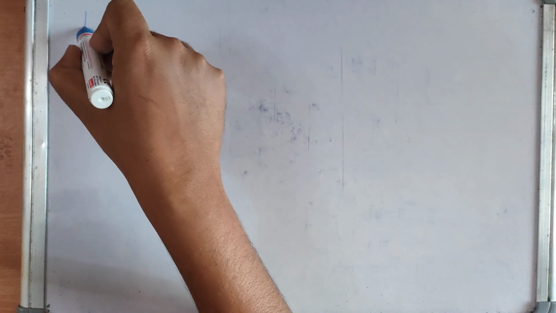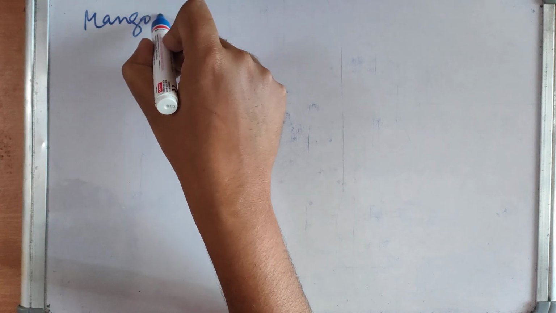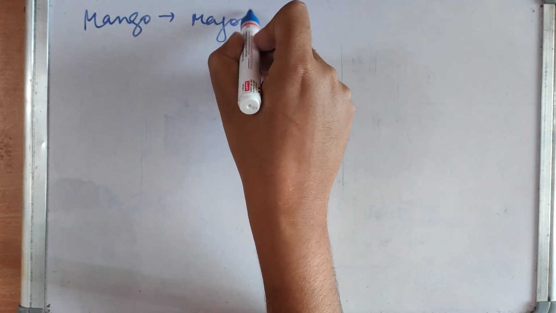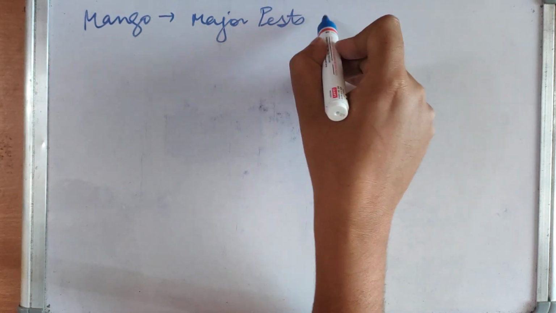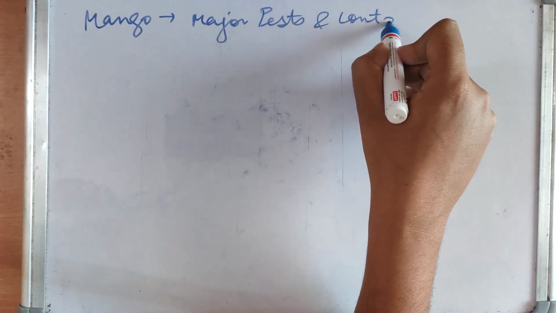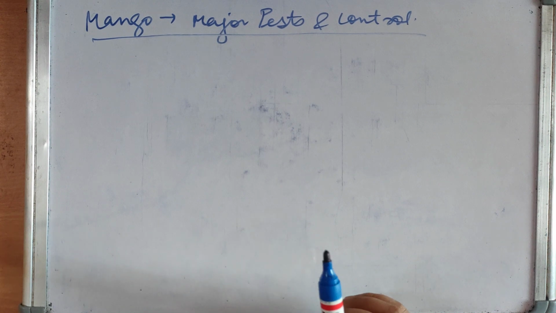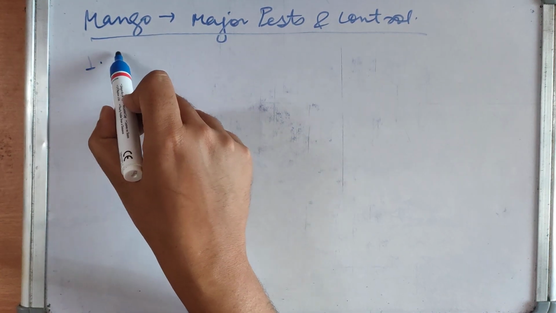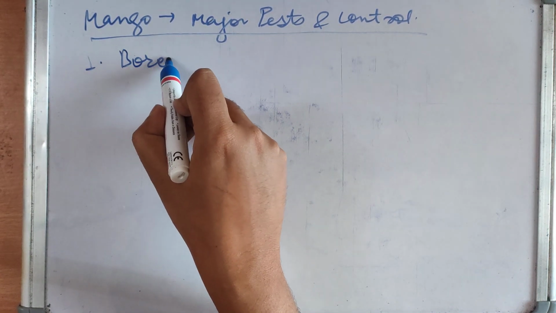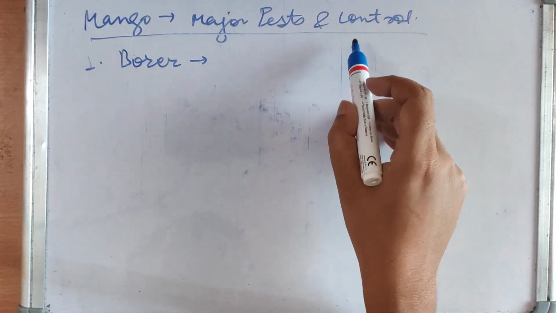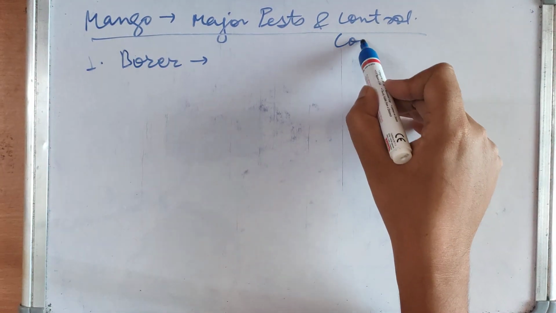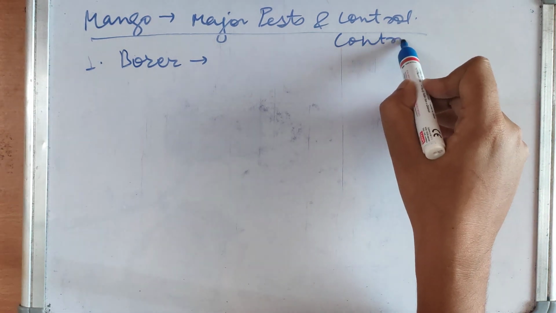So first of all we will do major pests of mango and their control. So first we will discuss the first major pest of mango, which is mango borer, and how we will control it. This side I am writing the name of the pest, and this side I will be writing about control. Okay,